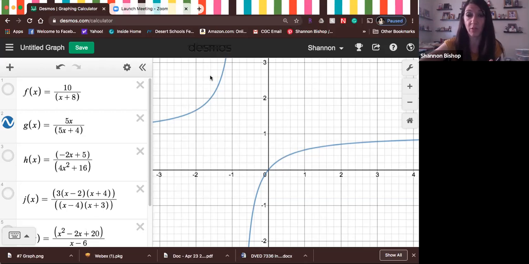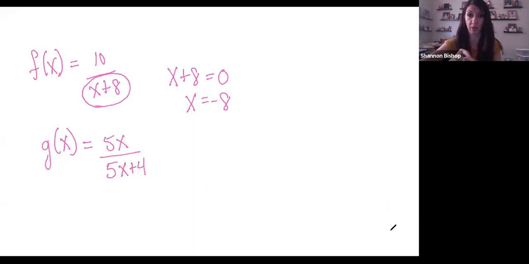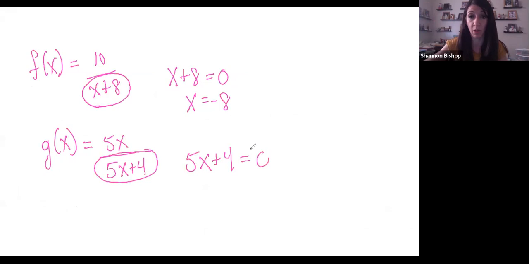And the way that you do that is by trying to locate the error. So on that particular one, where is the error of that denominator? When will the denominator equal 0? Whenever that happens, you're going to have an error. It's impossible to divide by 0. So whenever this happens, you're going to have that breaking point. So just a little bit of algebra, and you will see that the breaking point for that graph is at -4/5, which is